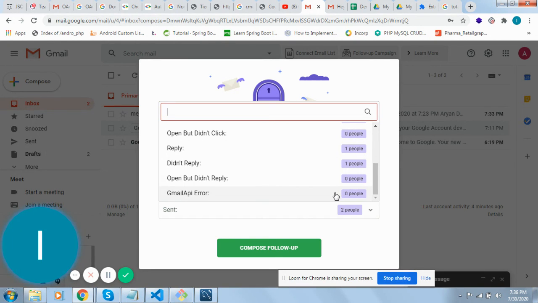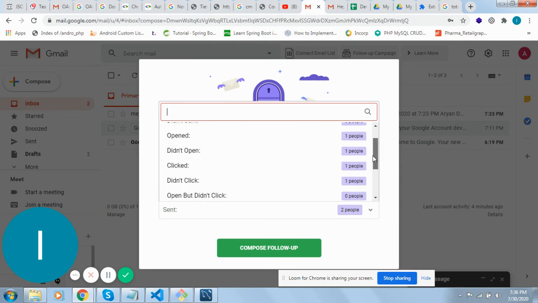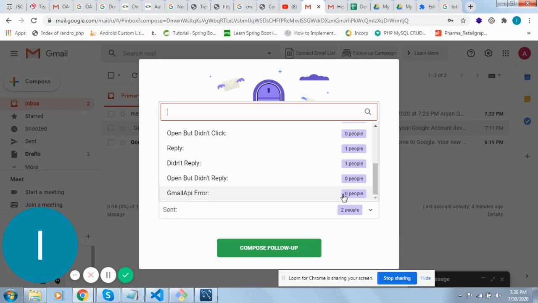Okay, so Gmail API error: whatever API we are calling from the backend, if any error comes, by chance, for internet reasons or anything, for that email address it will show the error over here.